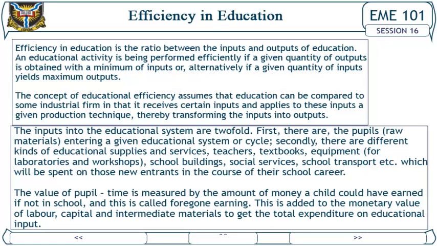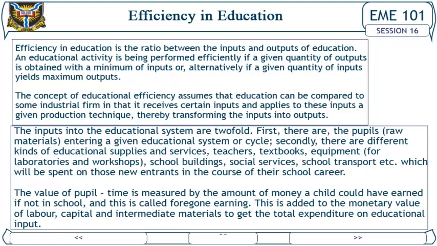Secondly, there are different kinds of educational supplies and services: teachers, textbooks, equipment for laboratories and workshops, school buildings, social services, school transport, and so on, which will be spent on those new entrants in the course of their school career. The value of pupil time is measured by the amount of money a child could have earned if not in school, and this is called foregone earning. This is added to the monetary value of labor, capital, and intermediate materials to get the total